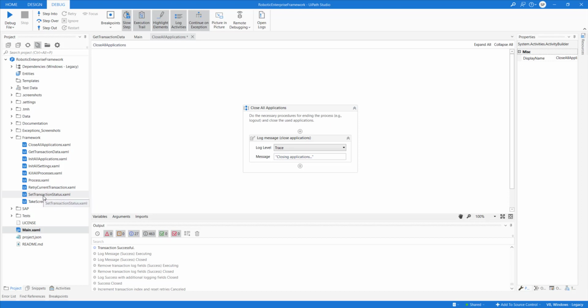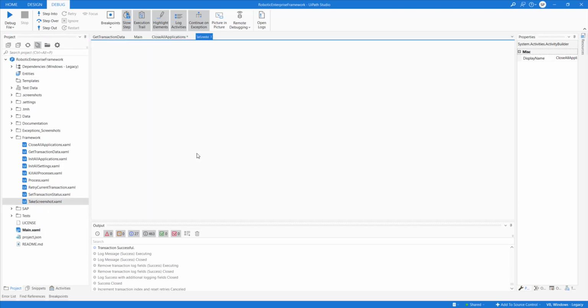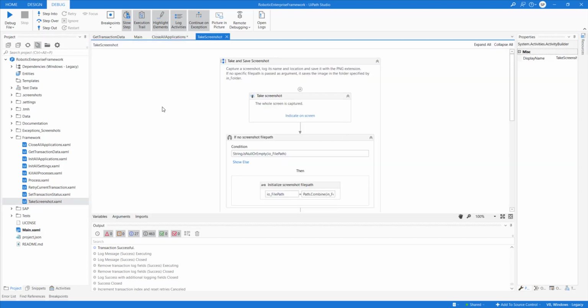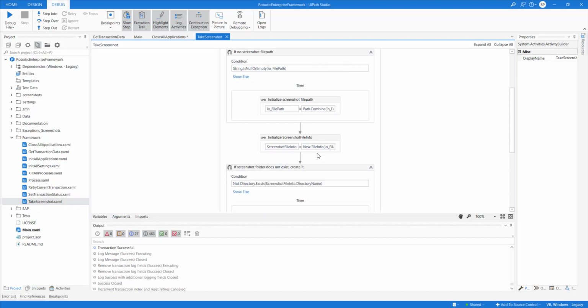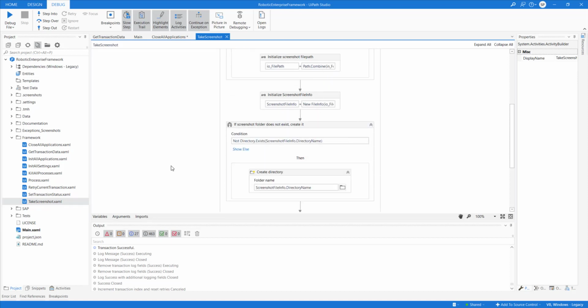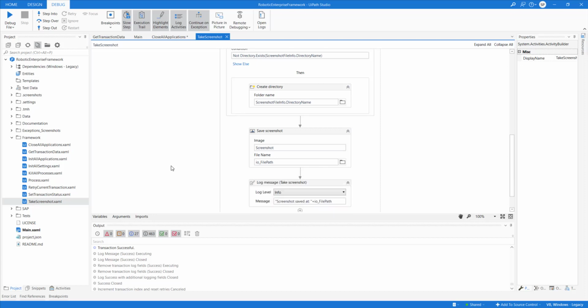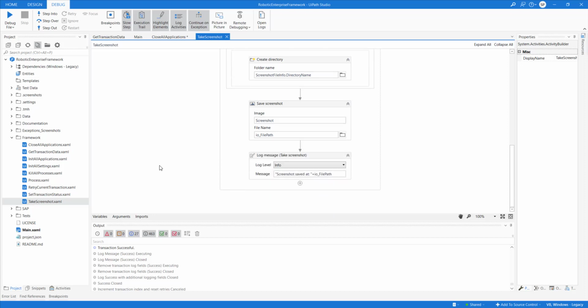As I have shown you in the example, we should be able to set the status of the queue item, either successful or failure. And then we have a workflow which takes the screenshot. Whenever there is a failure, we capture a screenshot and save it into the folder location so that we understand what actually went wrong in the bot.